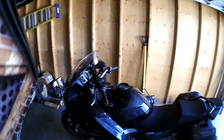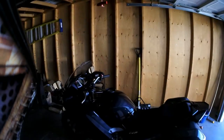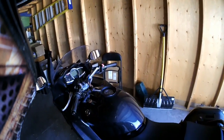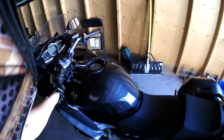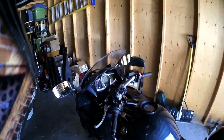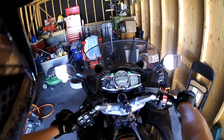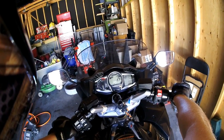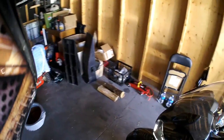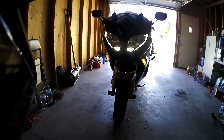So on that note, I'm going to get on the bike, put my jacket on, and go for a scenic ride around to get to dinner, hopefully. Well, I want to talk about a few more things. Turning the key on, it's a digital display, analog tack, and you can see the dash light up like that. When you first turn the key on, you get these LED running lights come on,